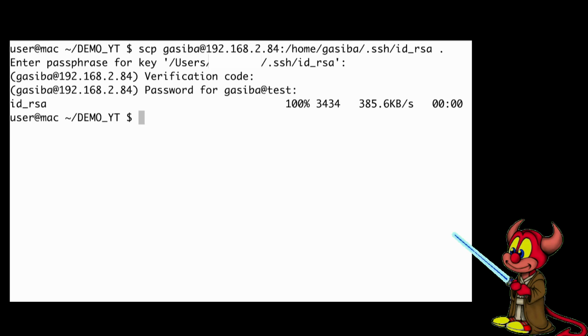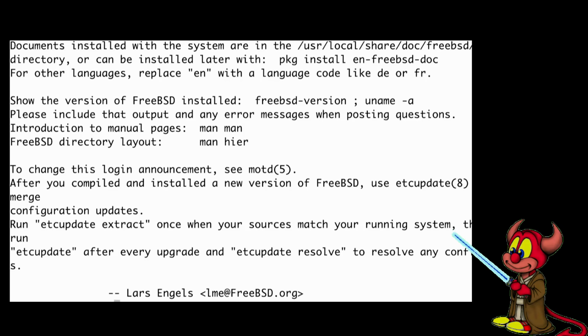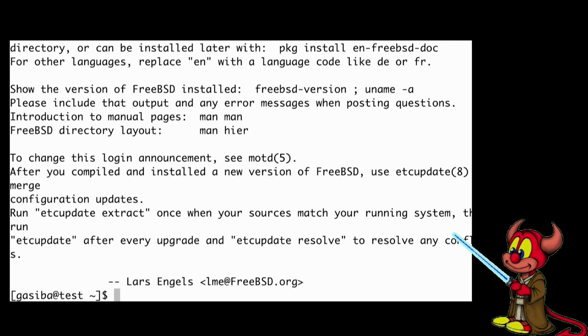Let's try to log into the machine with a private key. So SSH, private key id_rsa, and we should be fine. Hooray! We can log into the machine using the private key. Now let's disable the password in the machine and let's enable authentication only with the private-public key and the